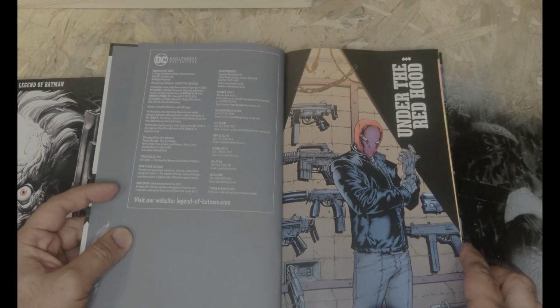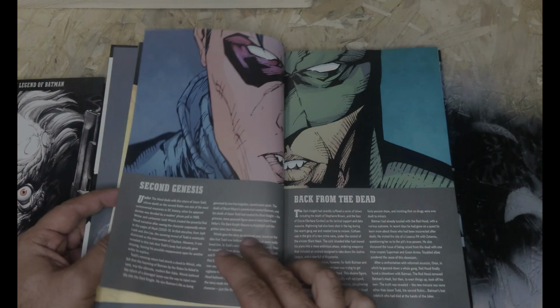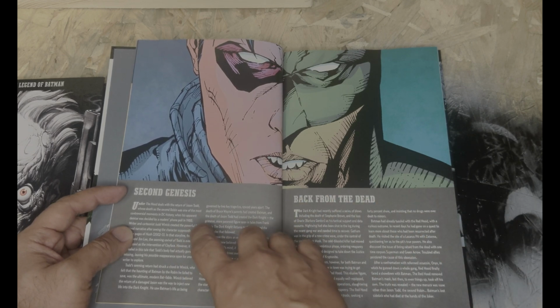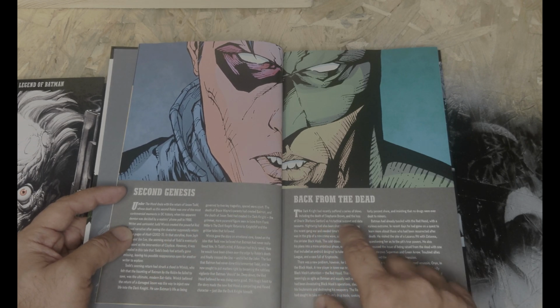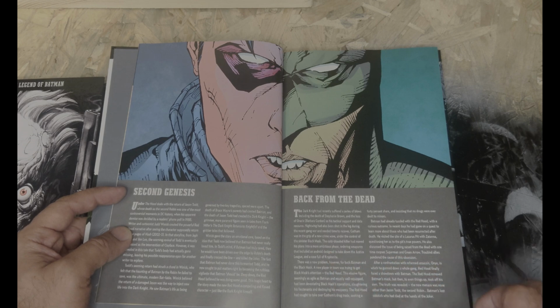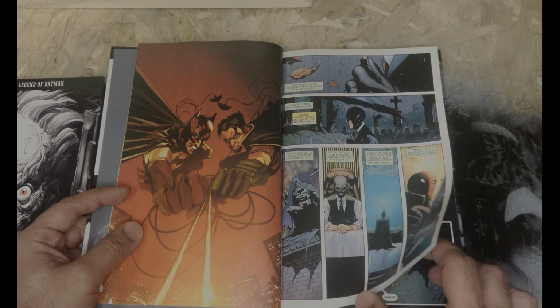Obviously a very famous story of Red Hood, aka Jason Todd. And we see here basically the return of Jason Todd, whose death as the second Robin was one of the most controversial moments in DC history. The Dark Knight had recently suffered a series of blows, including the death of Stephanie Brown and the loss of Oracle. And Nightwing had also been shot in the leg. You've got Black Mask, the cold-blooded killer, and Red Hood trying to muscle into the territory. So this is obviously a very modern style